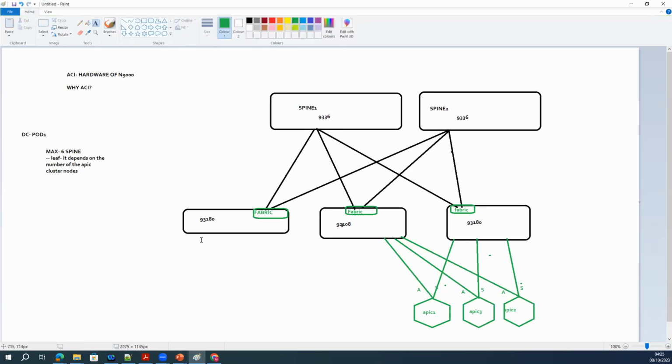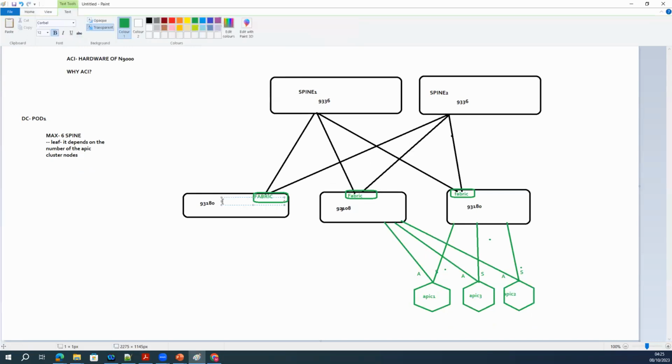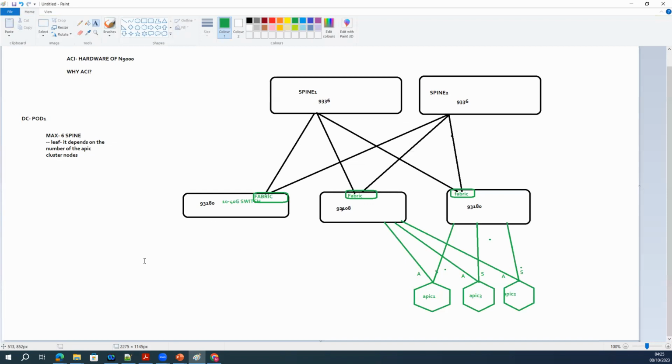You cannot change it. Now, the second use case: for example, you have a 40 gig switch, and you have a requirement saying that you don't have 40 gig ports.